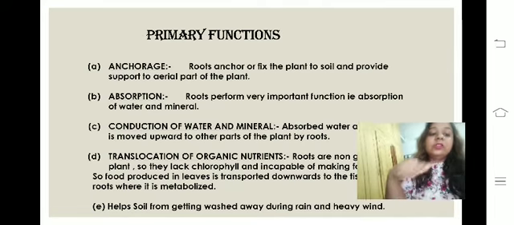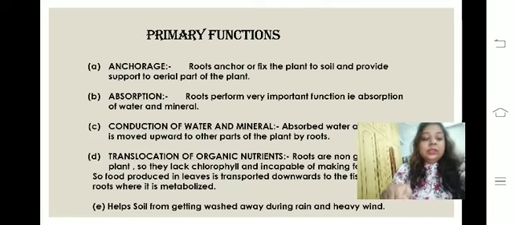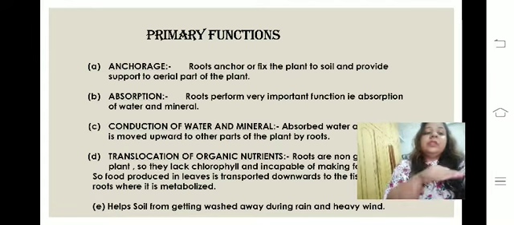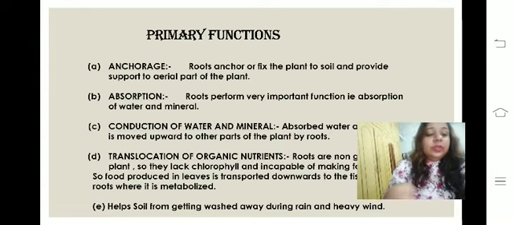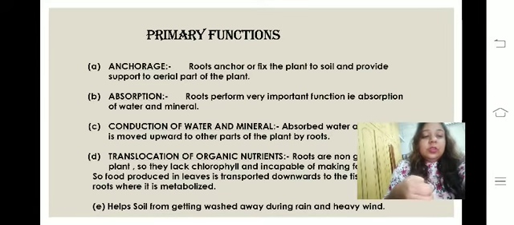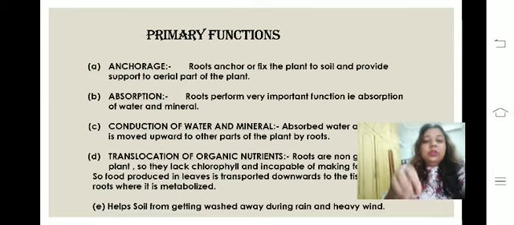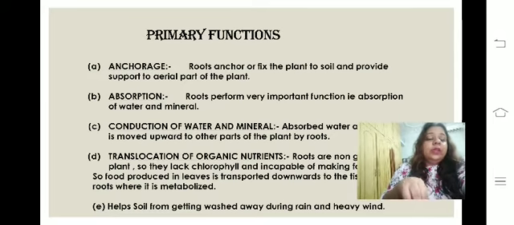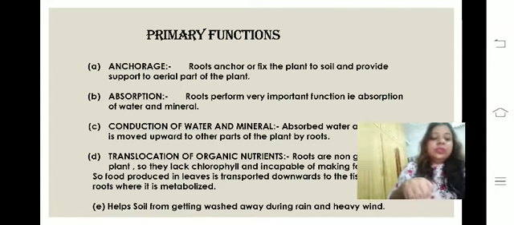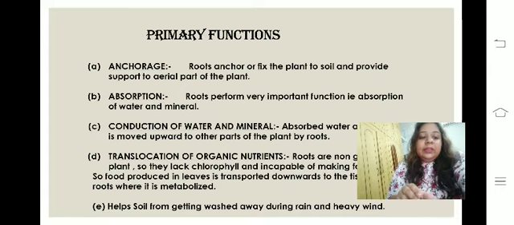As I said, the first part, as I discussed in the types of the roots, the mature cells which are present on the base of the stem, the main function of those cells or that part of the root is to provide support to the aerial part of the plant. Means there is one shoot system above the root system which is connected with the roots.